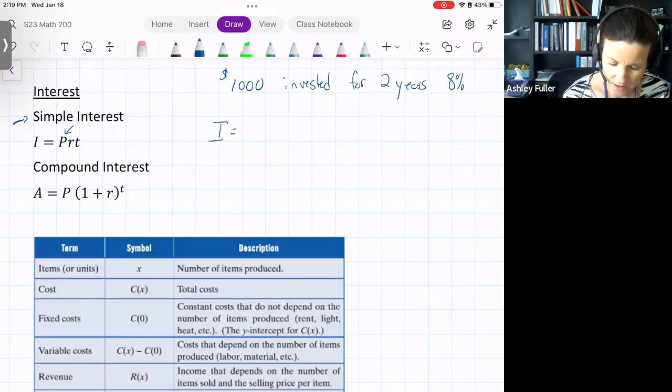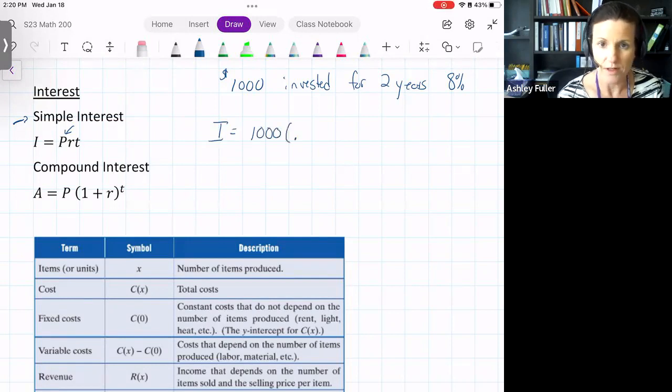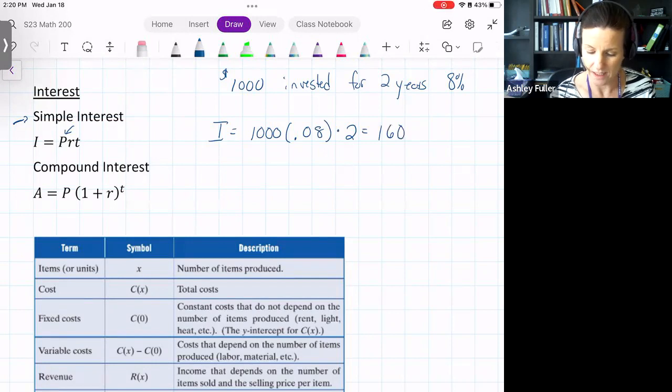So the interest is going to be the principal of $1,000 times the interest rate, which is calculated in decimal form, so 0.08, times the time in years, which is 2. If we calculate this, we get a value of $160, or we get a total amount at the end of 2 years as